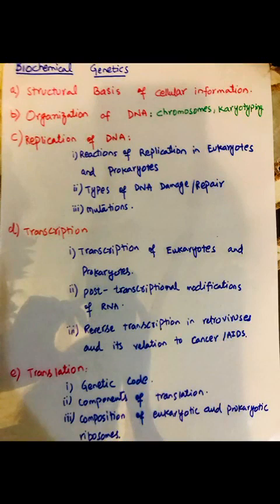There are many different types of reactions involved, and during these reactions we will have different types of components which are in the form of proteins, and all the processes and all the reactions and all the steps of replication are entirely different in case of eukaryotes and prokaryotes. So in case of eukaryotes, we will encounter different components, and in case of prokaryotes, we will encounter entirely different types of